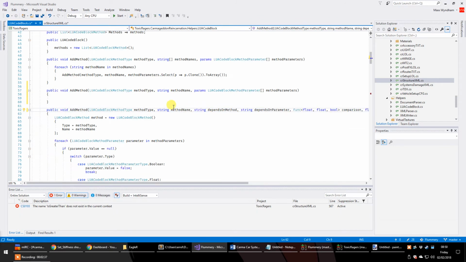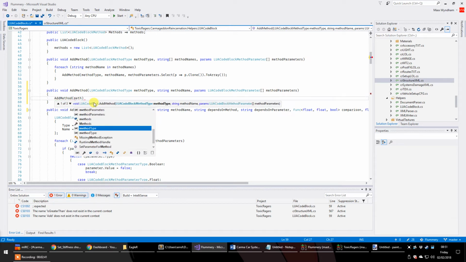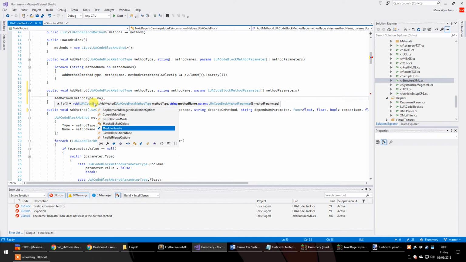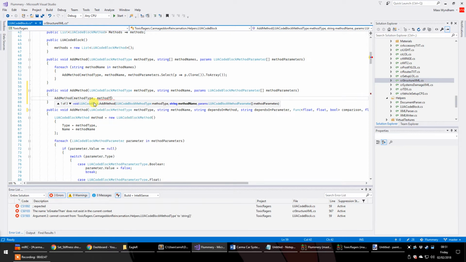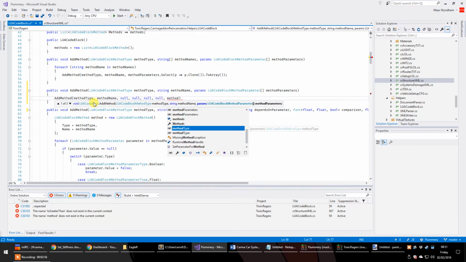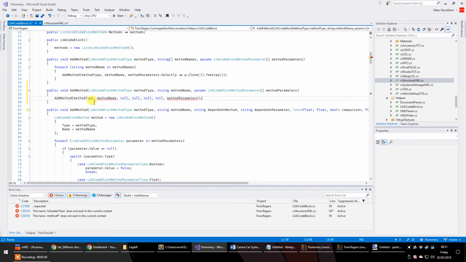There we go. What we'll do here is we'll just mock this up with some... there we go. That'll do, I think. No, let's just put a 0 there. Yeah. Right, so now we have said that